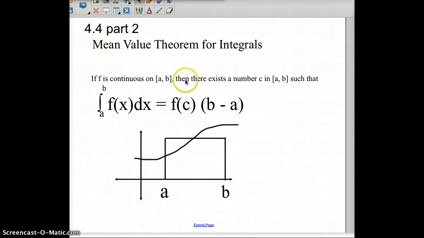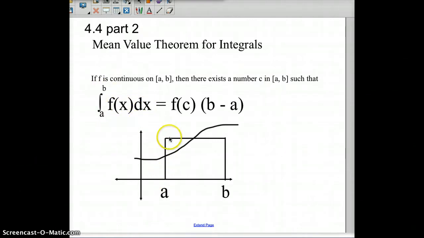Today we're talking about section 4.4, part 2, a couple theorems. The mean value theorem for integrals. We have one for derivatives, but now we have one for integrals. The mean value theorem: if f is continuous on a closed interval from a to b, then there exists a number c somewhere in a to b such that the integral from a to b of f of x dx,